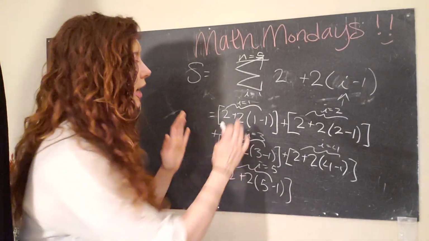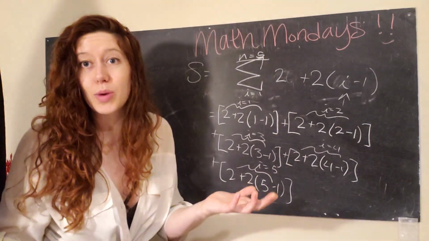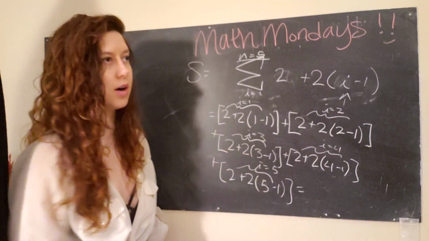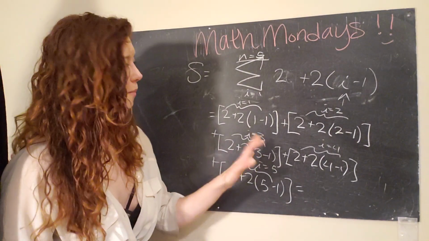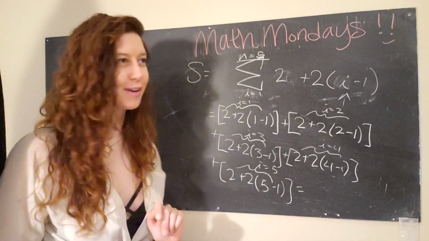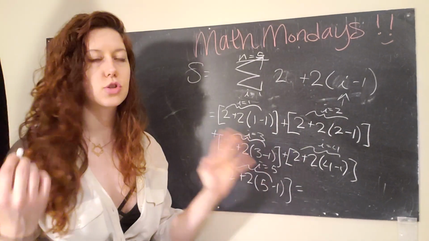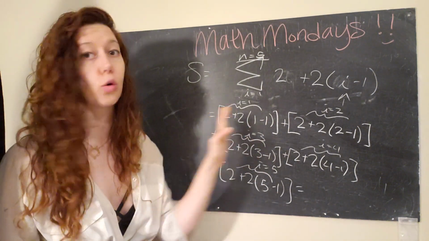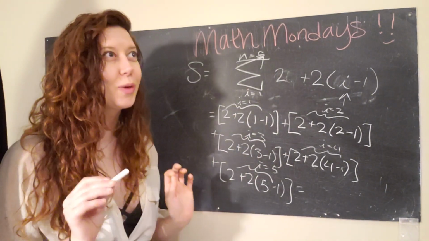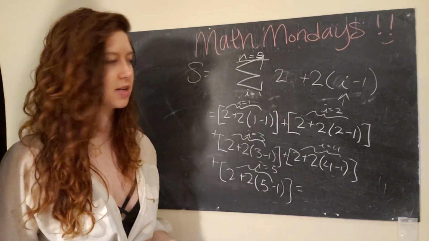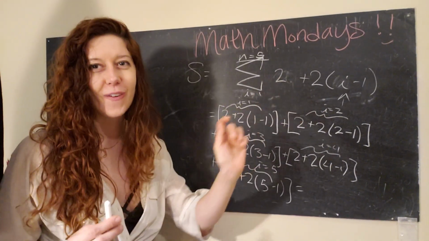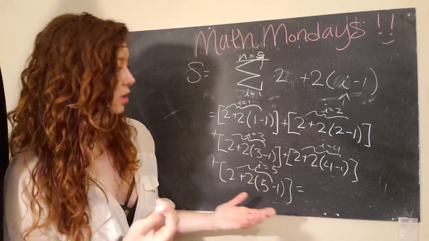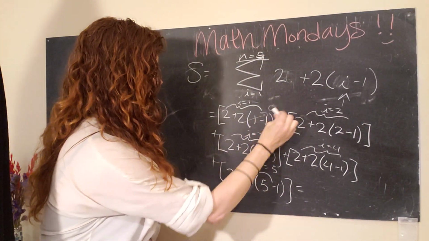And now what we do is we simplify each of these terms and we add them together. Since I'm running out of chalkboard space, I'm going to do some mental math. I am confident that you can follow along, and if it gets too much, you can always pause, think about it, and do the work as we go through this together. It really, really helps to actually write this stuff out, because then you'll be like, oh, okay, I get it. Okay. So 1 minus 1 is 0, so our first term is pretty easy because this goes to 0,